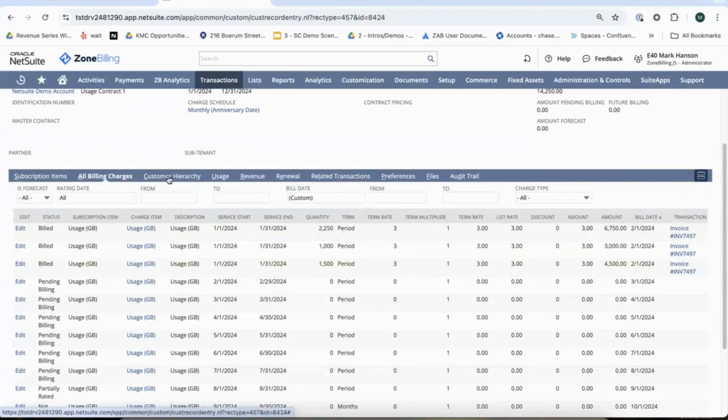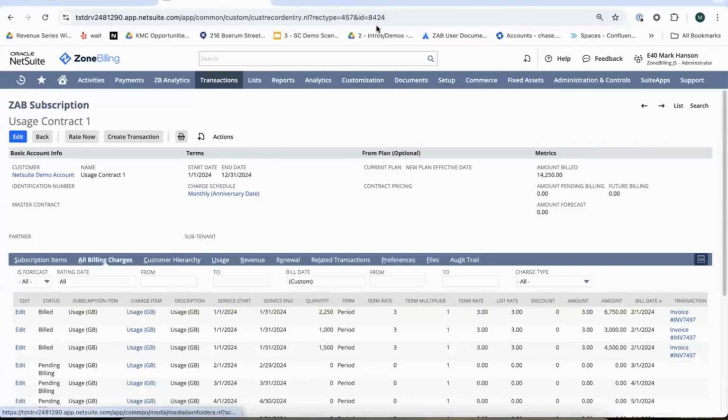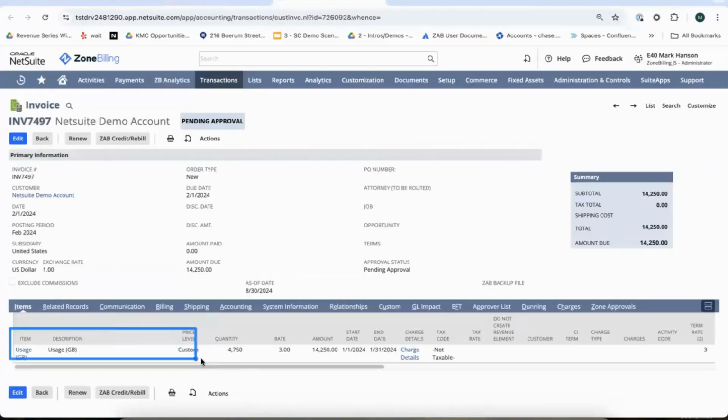You may be thinking you may have very high volumes of usage here, or many different charges that are brought in. So I've used a customer hierarchy billing profile that says to combine my charge items. And basically what that does is it takes any charge lines that are similar or the same, whatever attribute or characteristic you decide, it combines them into one on my native NetSuite invoice. So 3 charge items became 1 with the total quantity, the total amount,